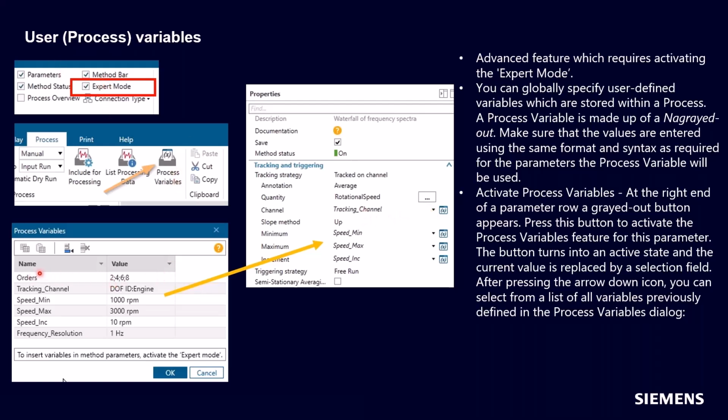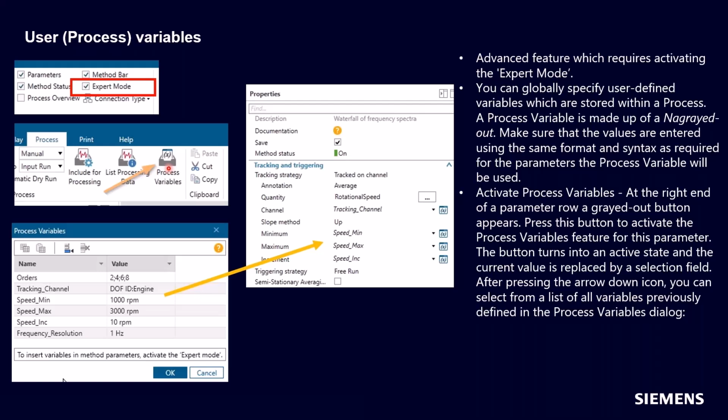And here I've defined ones where I have my orders, which are 2, 4, 6, 8. I've got a tracking channel defined, a minimum speed defined, a maximum speed defined, a speed increment defined, and the frequency resolution. And then it's part of this process. So if I have multiple items in my process that use these parameters, they can all link back to the process variable.